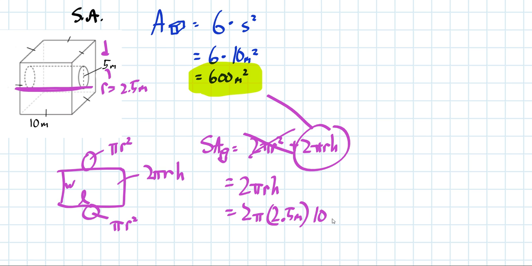That's one that goes through the whole cube. So we take 2 times pi times 2.5 times 10, and we find that just this part, not the circles, is 157.08